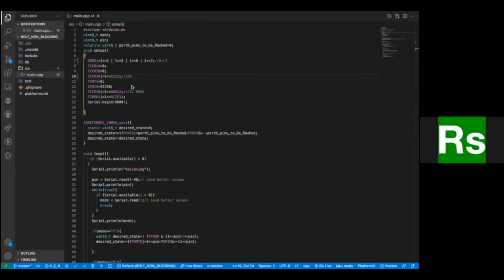Next, here we said that we initialize the timer counter to 0, right?